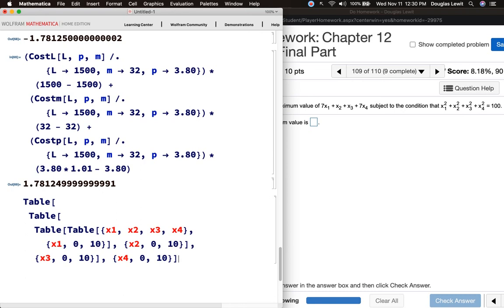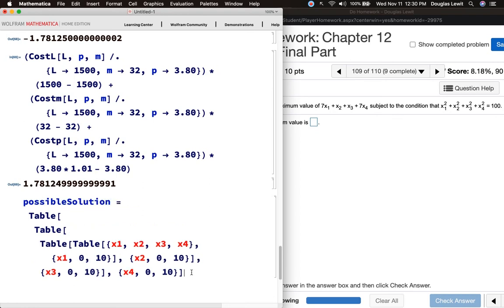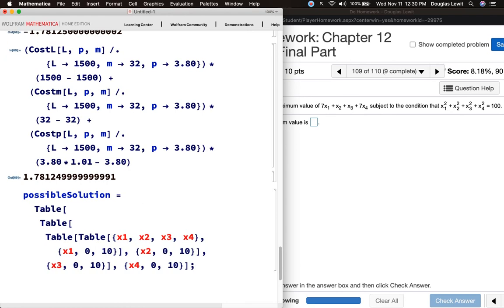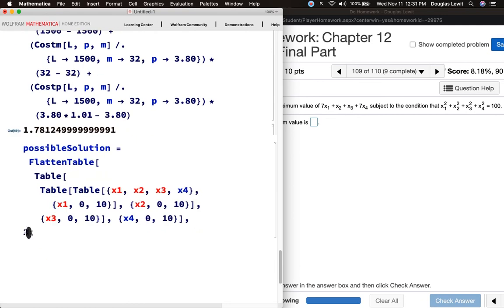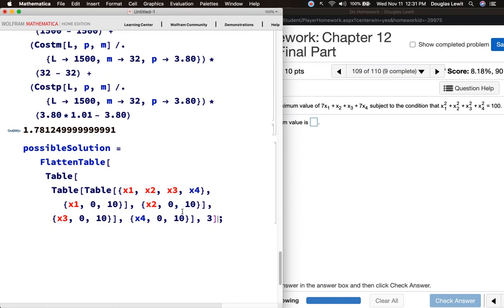Now, because I'm using 4 Table commands, I'm going to end up with a list embedded within a list, embedded within a list, embedded within another list. And that's going to be a little bit too much, okay? So I'm going to call this possibleSolutions, and I'm going to terminate this with a semicolon because I don't want to see the output. The output's going to be very large. I'm not even sure if Mathematica is going to show me all of the output. I'm going to flatten it to 3 levels. And the reason I'm doing that,